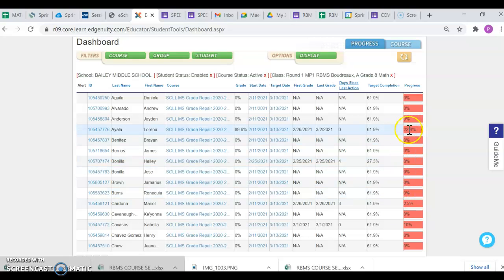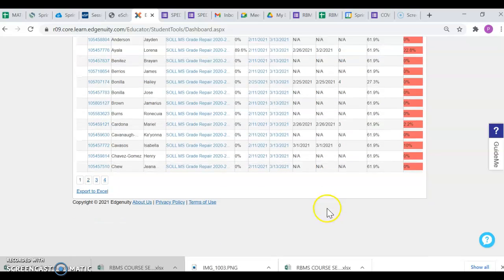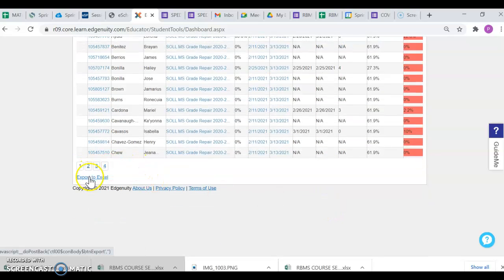So you notice that this student is at 22%, and you can tell that the last grade they submitted is here, that they're working on it. So please know this, and you can export this, by the way, to Excel, and you can send this to me, and I will be asking for this. So you can look at it this way, or you can export to Excel,